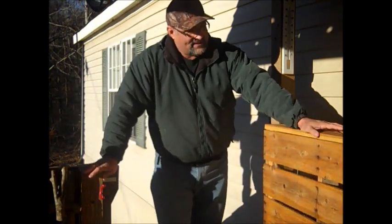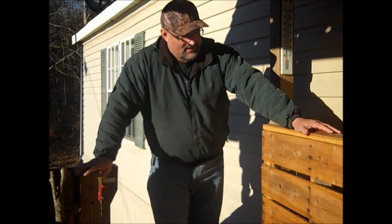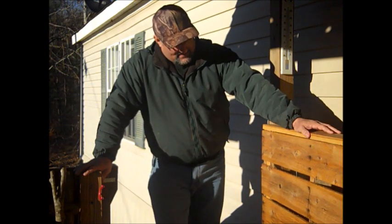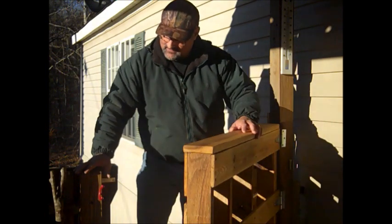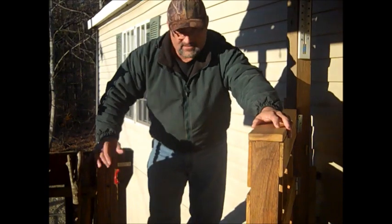So then the final thing is we did 3 coats of boiled linseed oil, and that was just brushed on. We let it dry for maybe about 10 minutes in between the coats, and that's pretty much it right there. It ends up closing really nicely,